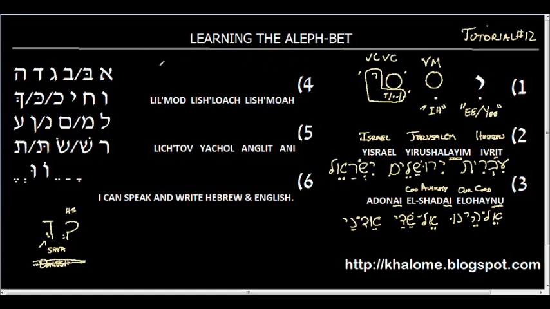Exercise 4. These are infinitives, the infinitive form of verbs. Let me go back to writing the name down below. Lishmoa means to hear, and probably many of you have heard of the Shema. Hear, O Israel, the Lord our God is one Lord. This is where that verb would come from. When you put a Lamed in front of your verbs, typically it's in its infinitive state. So you'd have a